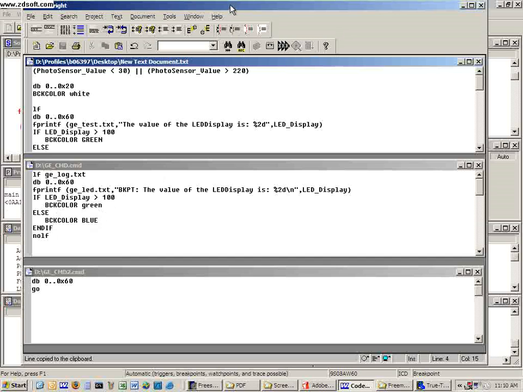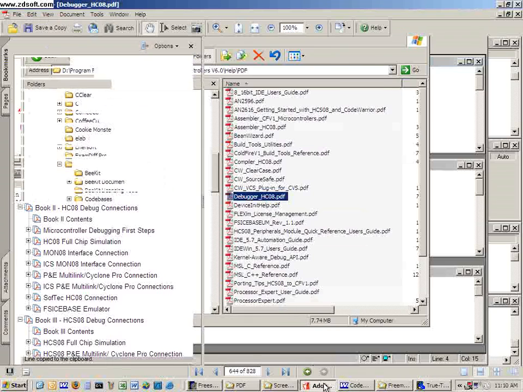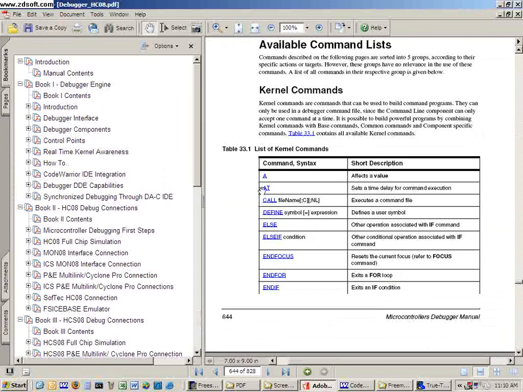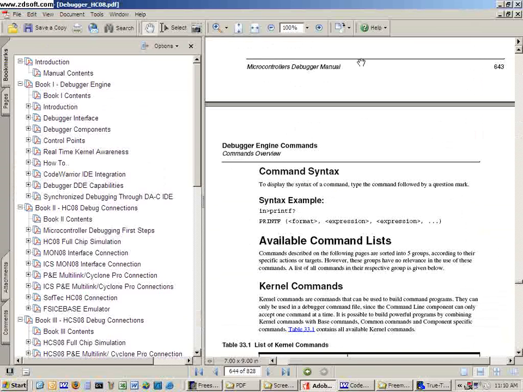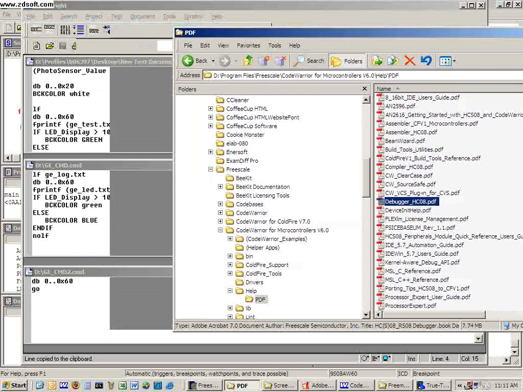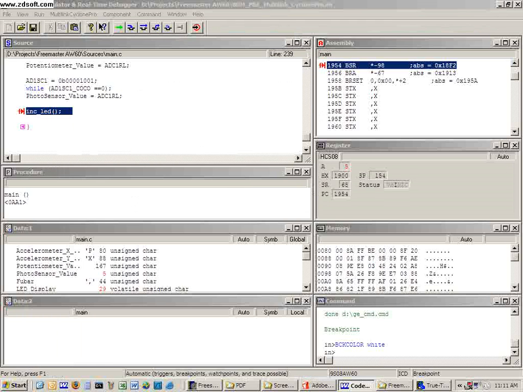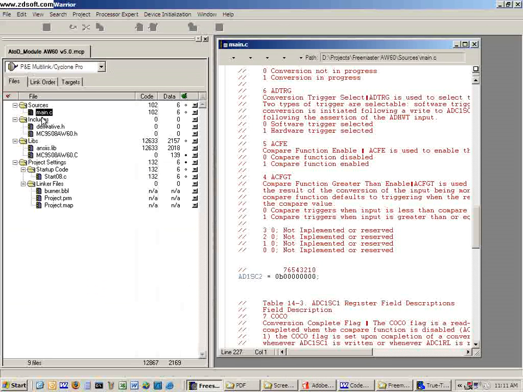So all the syntax and everything is defined. It's all within that PDF directory in the debugger manual. If you open that up, all the commands are in there. Everything I'm telling you right now is stuff that's in these documents, but it's maybe helpful to have it seen in a visual format. So if you wanted to go see what the output was from the test that you just ran, one easy way to get to your